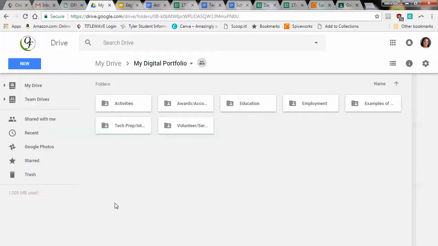Within that folder, we created 7 other folders, and these folders represent different categories of things that you would use to sell yourself to a future employer or a future college. Things that you would want to indicate on a job resume or a college or scholarship application. So we're going to get started on these folders today, and it really honestly doesn't matter which folder you start